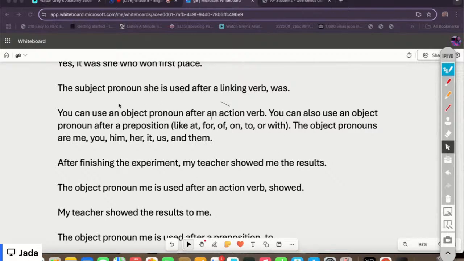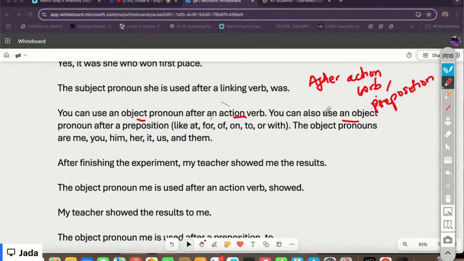We can also use an object pronoun after an action verb. You can also use an object pronoun after a preposition. So these are different ways that you can use an object pronoun. After prepositions like at, for, of, on, to, with. The object pronouns are me,